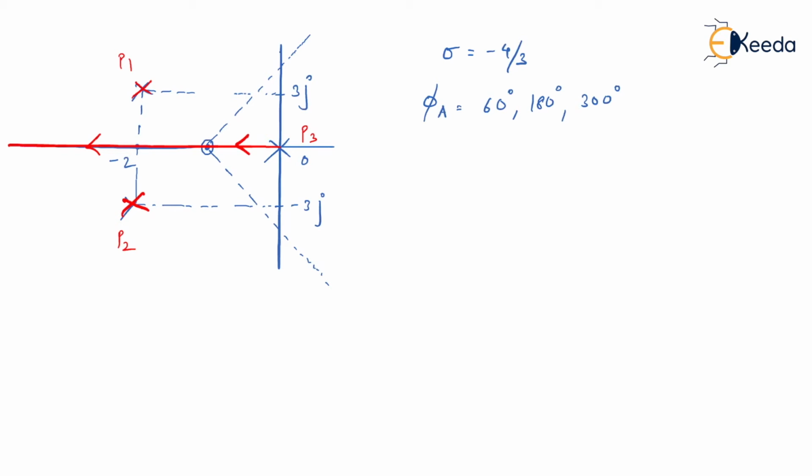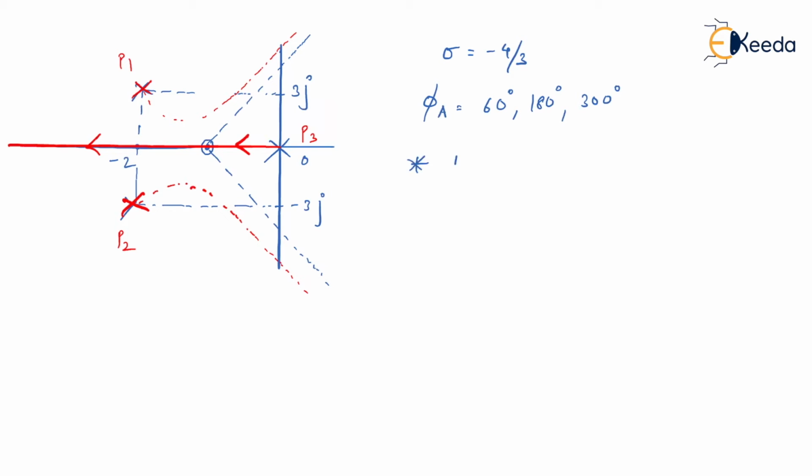Secondly, once I have that angle, definitely it is going to follow this asymptote, and it will cross my j omega axis for sure. And whatever is happening above the real axis, the same will happen below the negative real axis. So as you can see, it is also crossing the j omega axis. If it is crossing the j omega axis, I must have something called an intersection on the j omega axis. So I need to even calculate the intersection on the j omega axis. So let's see how to go about it.